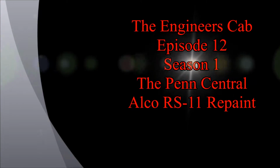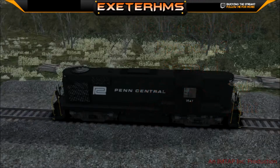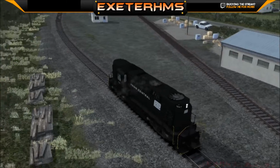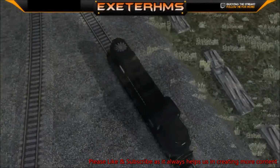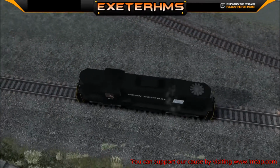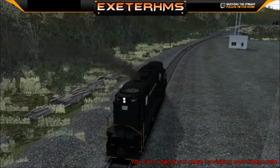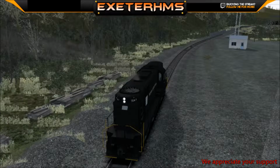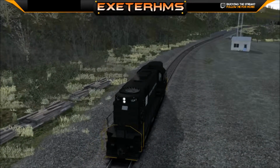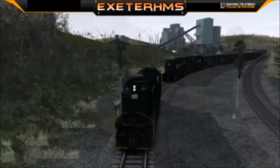Well, hello everybody, and welcome to another episode where we take a closer look at the PennCentral repaint for the Alco RS11. The PennCentral operated from 1968 until 1976 by the merger of the Pennsylvania Railroad and New York Central Railroads. And in later years, the New York, New Haven, and Hartford Railroads were added to the merger. So sit back, relax, and join me in the...